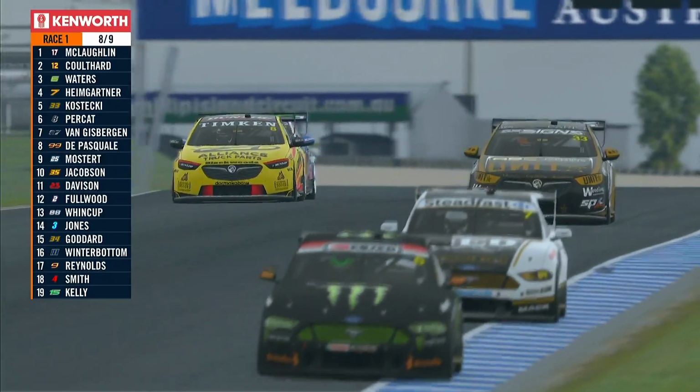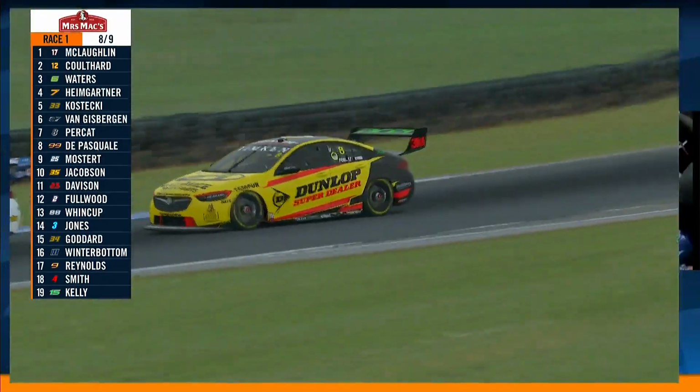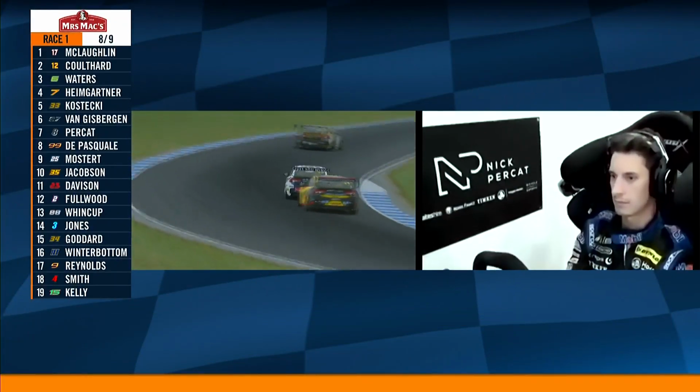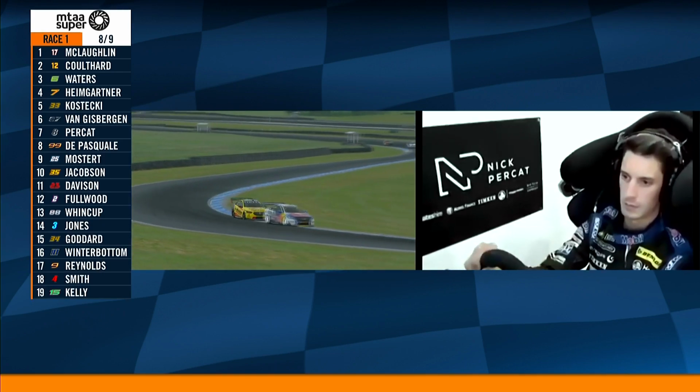And Van Gisbergen gets the benefit of the draft. He tries to plunge down the inside. Nick gives him some space. Gizzy gets the job done. Race face, Nick Percat, right-hand side of screen. Shane Van Gisbergen is